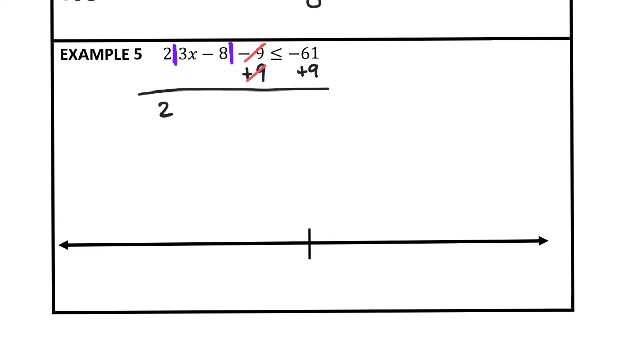I'm going to be left with 2 times the absolute value of 3x minus 8 is less than or equal to negative 61 plus 9, which is negative 52. And then I want to divide